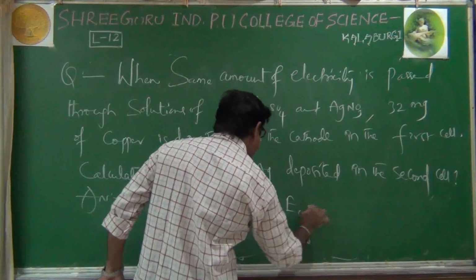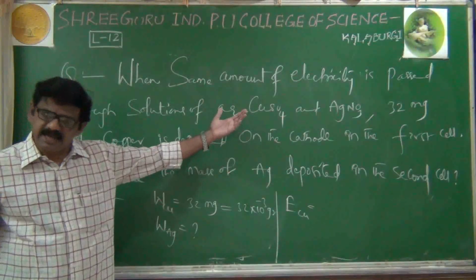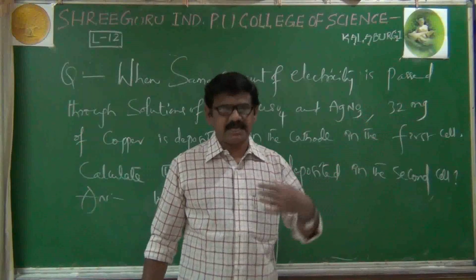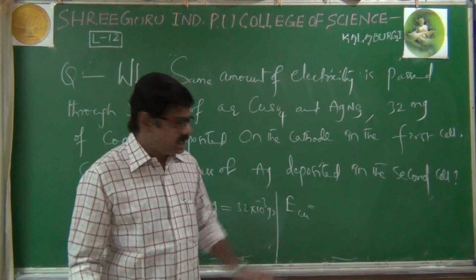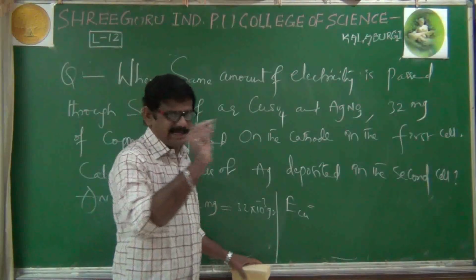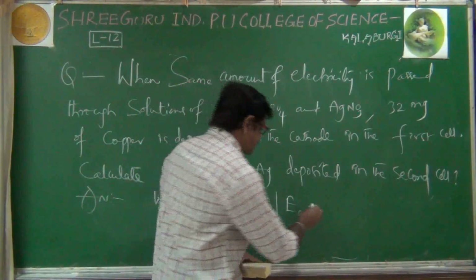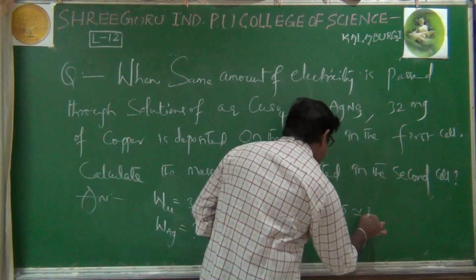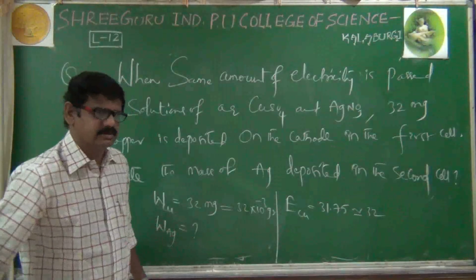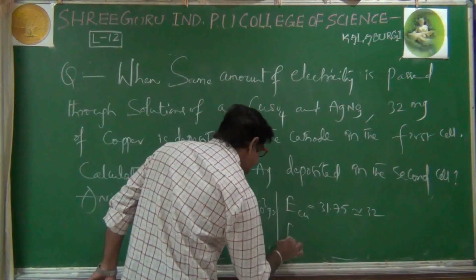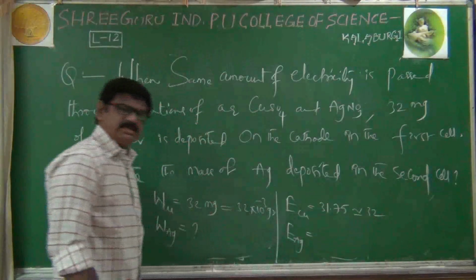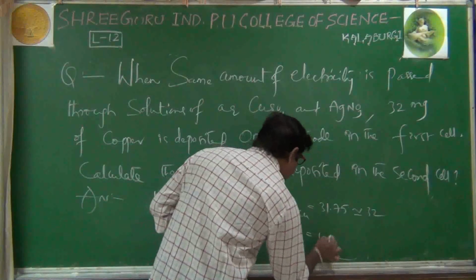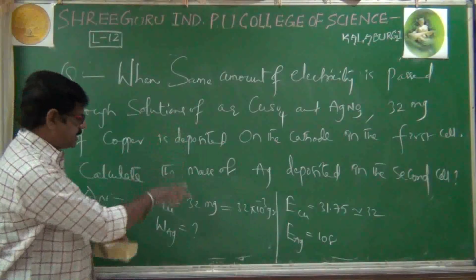Sir, equivalent mass of copper has not been given, right? Yes, equivalent mass values will not be given in the question; we have to write them because they are standard values. Equivalent mass of copper is nothing but atomic mass divided by valency, which is actually 31.75. A round figure value I am taking as 32, especially here. We'll see why. Next, equivalent mass of silver is nothing but atomic mass 108 divided by 1. It is nothing but 108 only. This is the question and the given data.